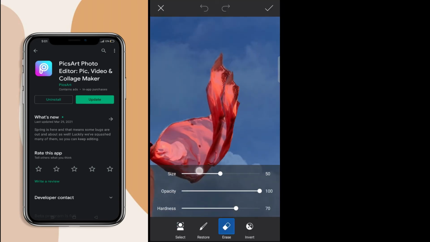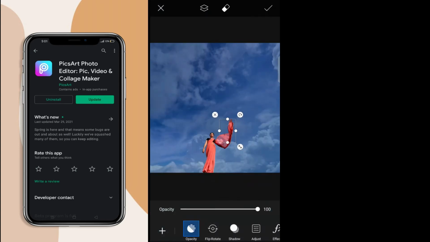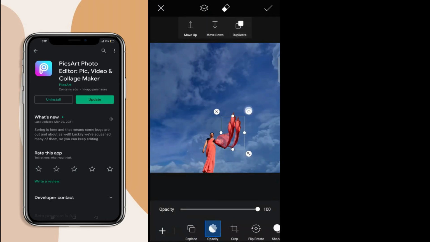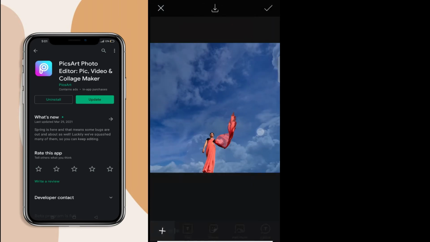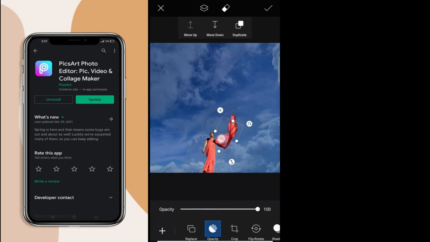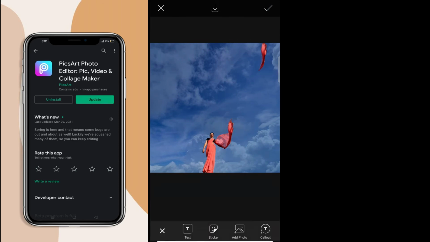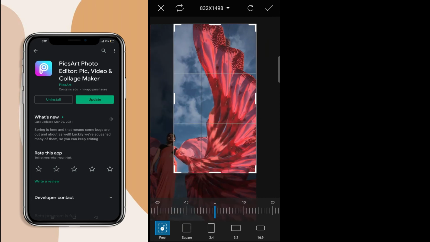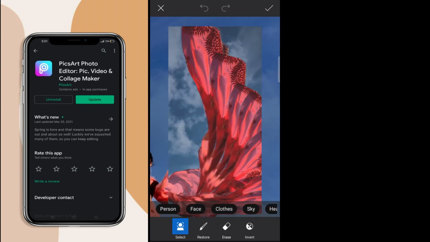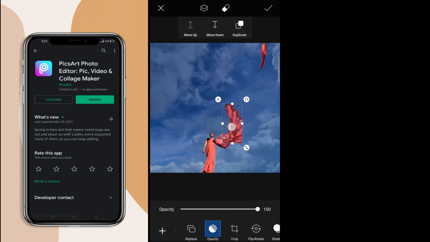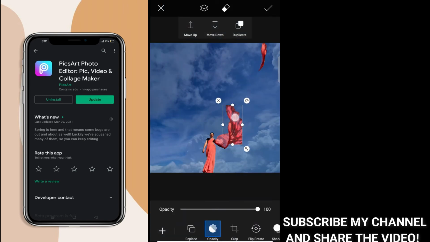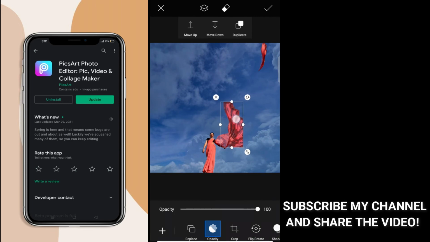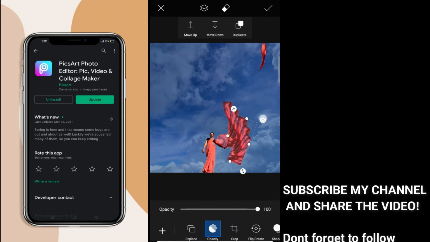But to my surprise, I was not able to create a proper wing. It was looking like a flower instead of a wing. I tried 2 to 3 times, but then I thought no, this will not work. So I kept it aside and I took the same yesterday's picture, the first picture, and I used it here. After using this wing so many times, I got one of these perfect edits ever.